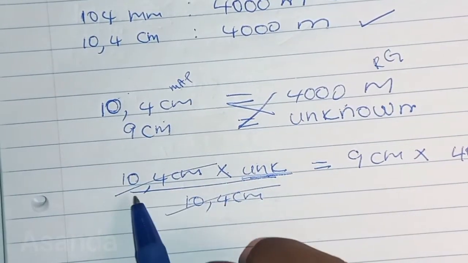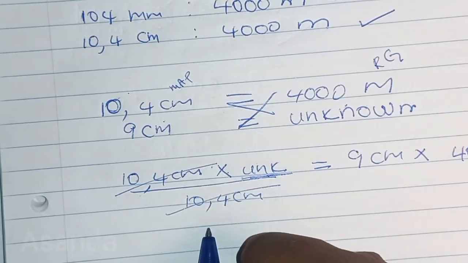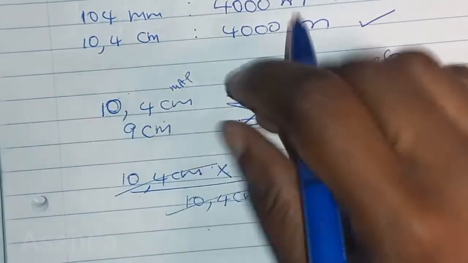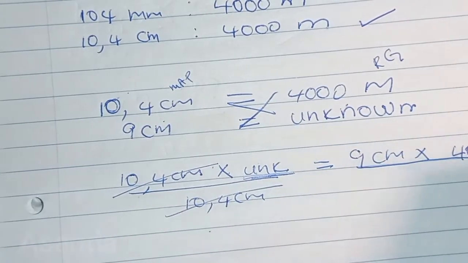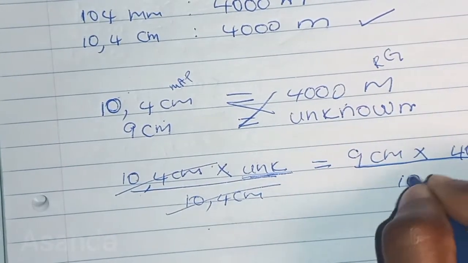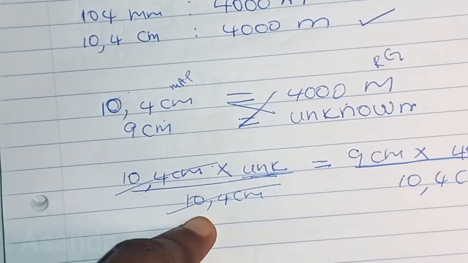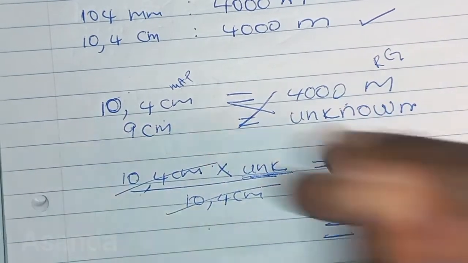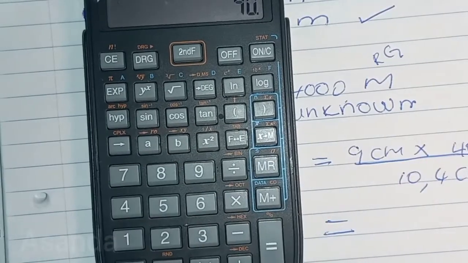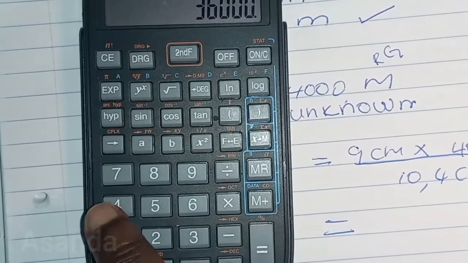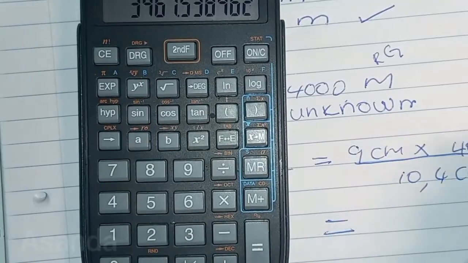If you take a calculator, 10.4 divided by 10.4 becomes 1. 1 times anything stays the same. So we divide this side as well because we divided here. Now we just need to use our calculator: 9 times 4,000 divided by 10.4 will give us